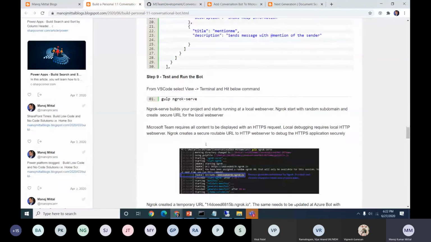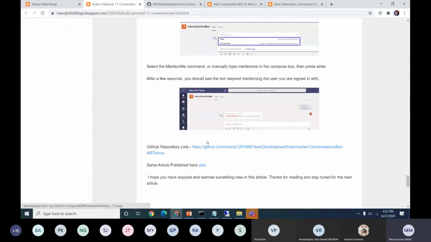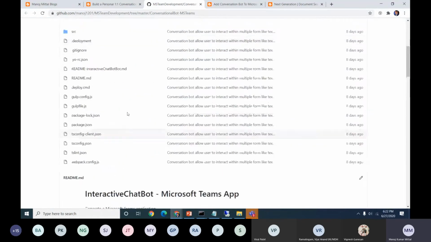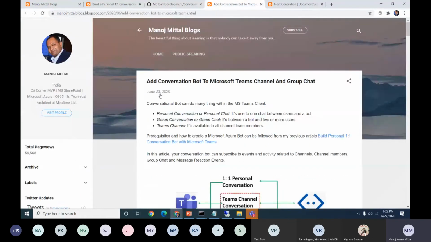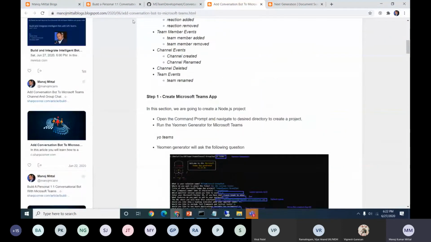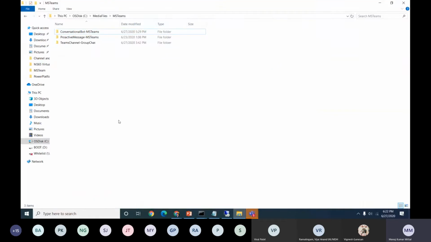Even the code base exists. So at the end, you will see what the conversation is happening, the same. You will find the GitHub repository link here too. You can click it and get the entire code structure. Similarly, there is one more post where you will get the details of the channels and the group chat type of conversation. So the entire section is there. Okay, so let me go to the demo quickly.